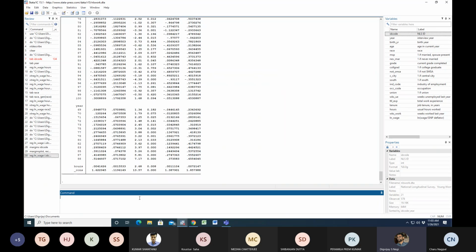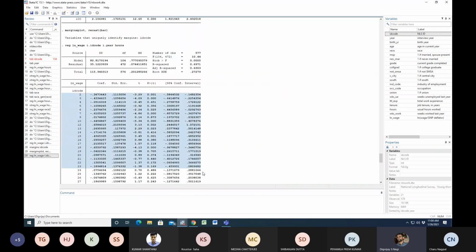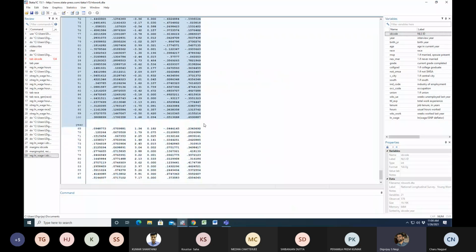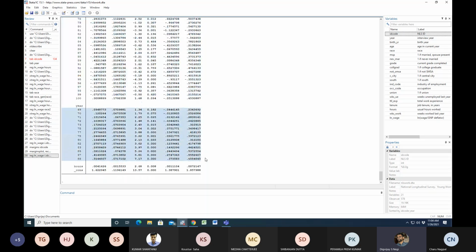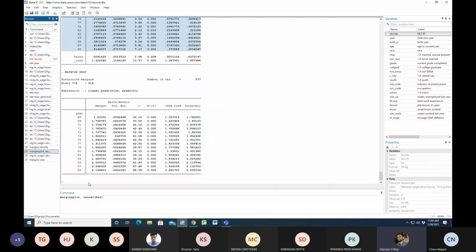Here is the regression output. Again, you see all of those coefficients on the individual dummy variables, and then these are the coefficients on the year dummies. We have already seen how those fixed effects look in a graph, but let me show you how these year dummies look in a graph.